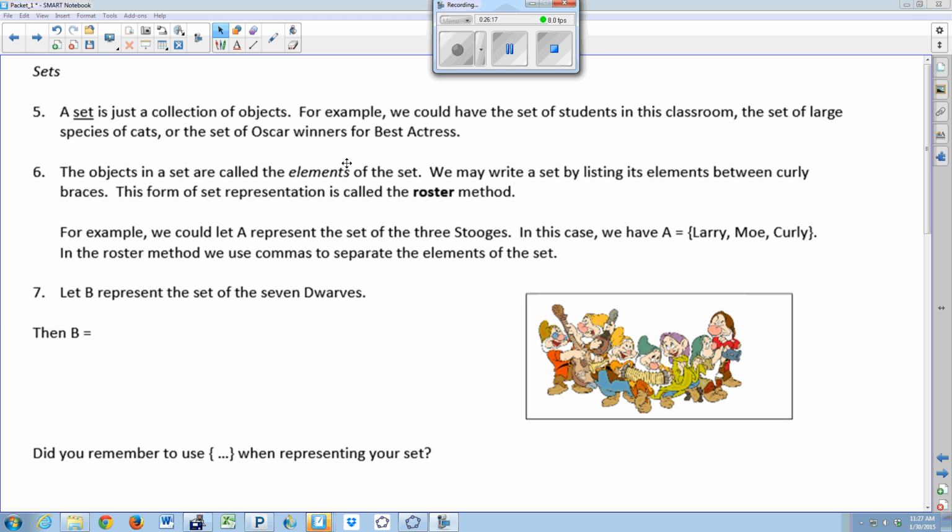So if I was going to represent the set of the Three Stooges, and I wanted to use the capital letter A to represent them, there's only a couple of things you need to remember. Every single time you talk about a set and you represent a set, you have to start it and end it with this little curly brace, okay? And then you list each element and you put a comma in between each element of the set. In this case, it's the names of the Three Stooges. Now,